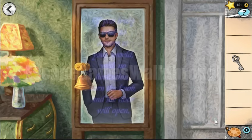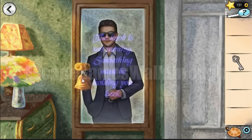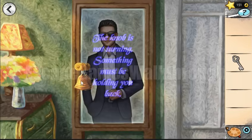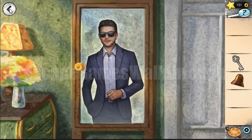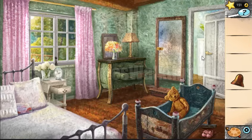So we are looking in the mirror. If you wish to return to your world, with no hesitation, turn the knob and the door will open. Okay, but the knob is not turning, something must be holding you back. So we need to complete some task here, maybe to return to our world. Okay, and let's go to this room,